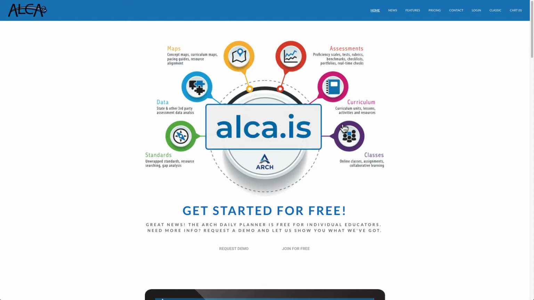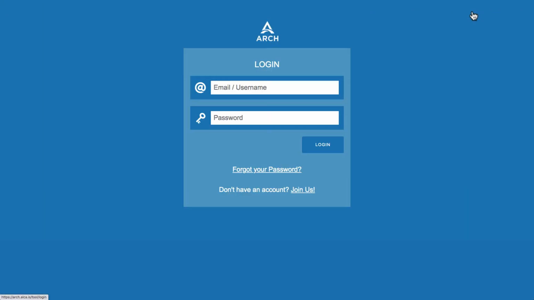First, you need to go to alka.is and log in. Your username is your Northwestern email address, and your password is your student ID number. In this case, we're using a demo account called Nursing Student. So clicking the login link,